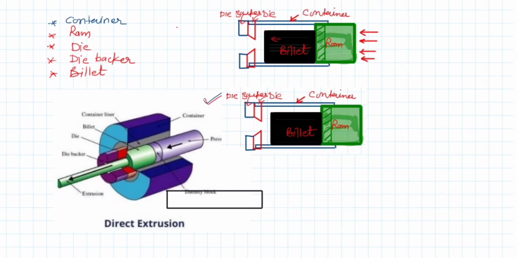The billet starts to slide against the container walls, and firstly the billet will deform in order to fill this space. It will occupy the spaces left in the container by sliding against the container walls.